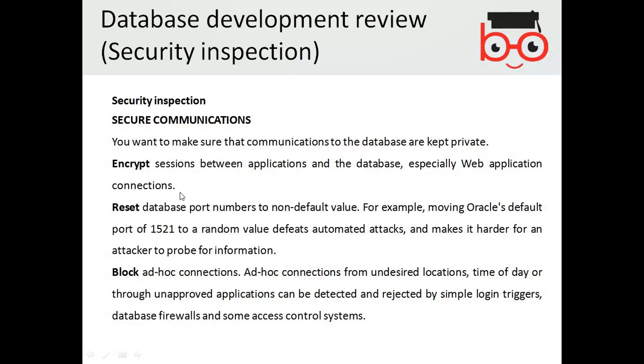We discussed earlier that you probably use security, digital certificates, encryption, and HTTPS protocols, so that your communication is secure. Reset database port numbers to non-default values.